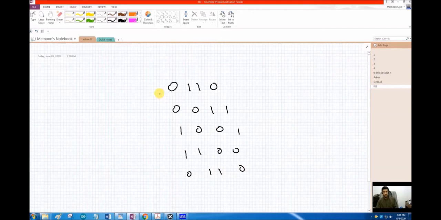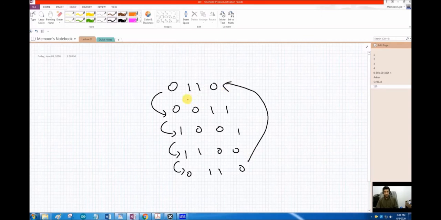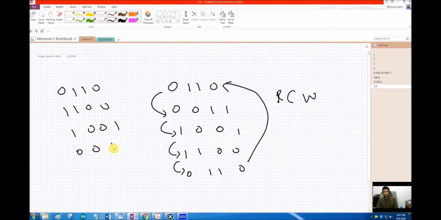So if we note here, what is happening is that this data is being rotated continuously, and it is rotated clockwise. If we rotate this data anti-clockwise, for example 0110, 1100, 1001 and 0011, and then back to 0110, this is rotating this data counterclockwise.